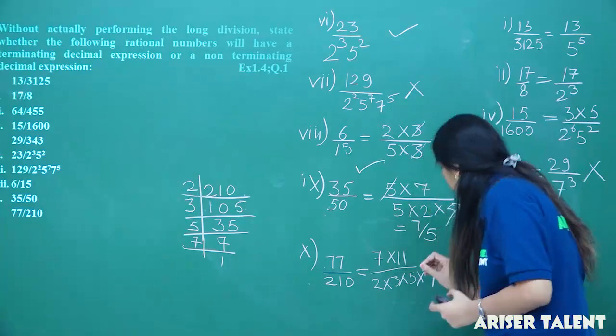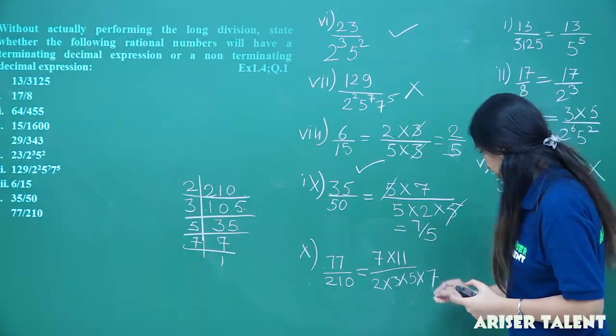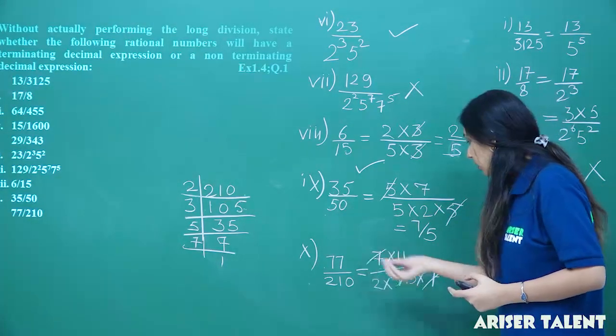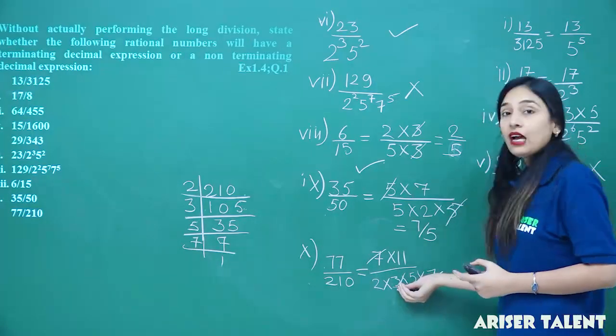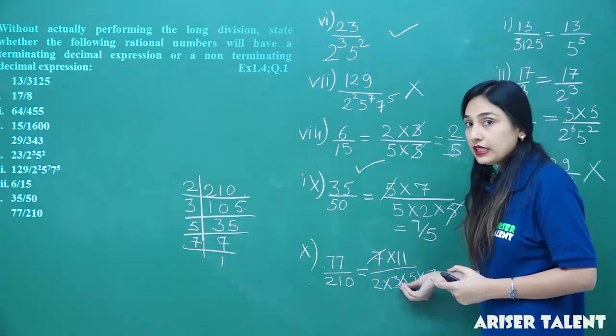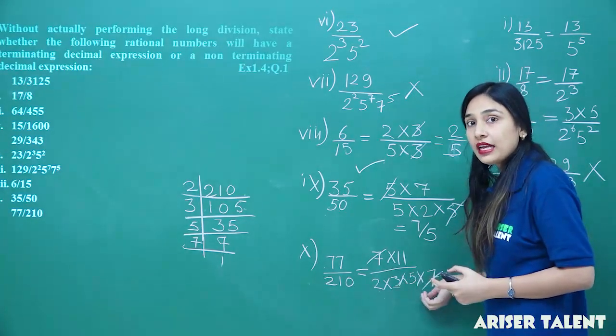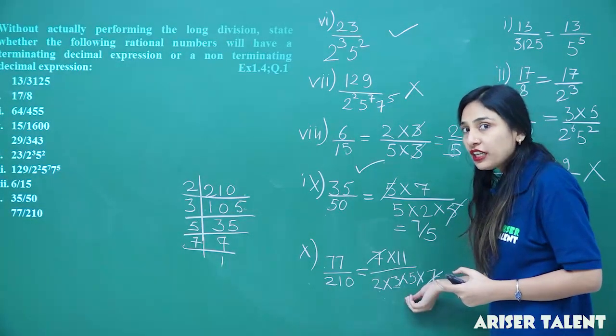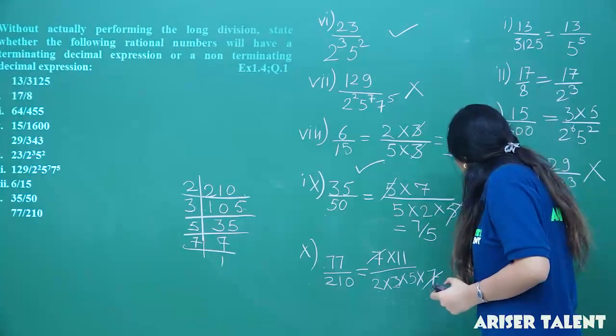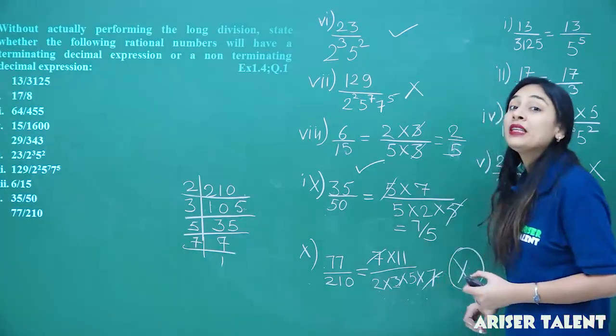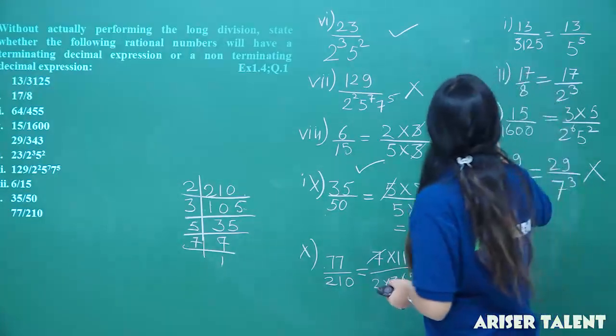Now look at this, that 7 cancels out, but we have 3 remaining in the denominator other than 2 and 5. Other than multiples of 2 and 5, we are having a multiple of 3 here. So it is not a terminating number. So we have found that